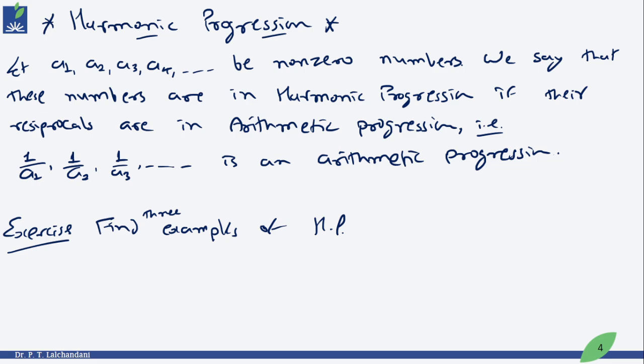So once again, what does the definition say? It says that the non-zero numbers A1, A2, A3, A4 and so on are in harmonic progression if 1 upon A1, 1 upon A2, 1 upon A3, 1 upon A4 and so on are in arithmetic progression. Okay, so this is what the definition says. And an exercise for you: you have to find out three different examples of harmonic progressions. Okay, so let us put some remarks